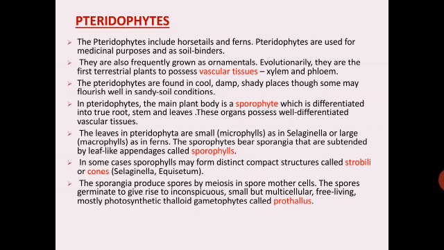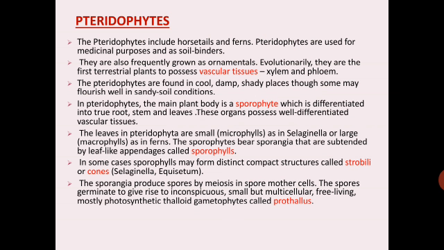The sporophyte bears sporangia that are subtended by leaf-like appendages called sporophylls. In some cases, sporophylls may form distinct compact structures called strobili or cones. The sporangia produce spores by meiosis in spore mother cells. The spores germinate to give rise to